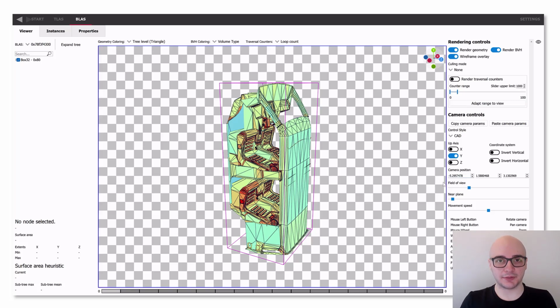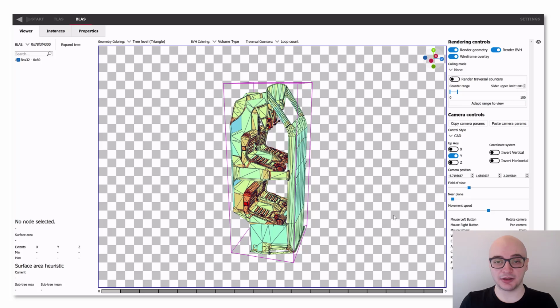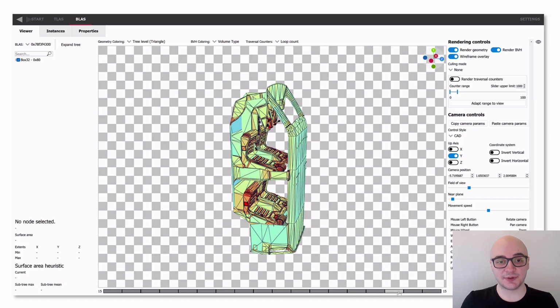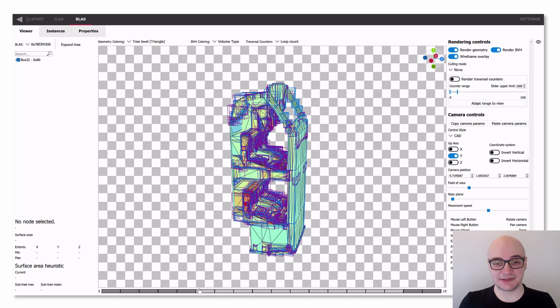Let's move on to the bounding volumes. Exploring the bounding volumes may reveal information about your scenes that may help you optimize for a better ray tracing performance. The bounding volumes are hierarchical, and this hierarchy means that bounding volumes may contain smaller volumes. These smaller volumes will be at a deeper level of the acceleration structure. You can click and drag across a range in the depth slider to display the bounding volumes at those depths. For the TLAS viewer, the volumes go all the way down to instance level, and for the BLAS viewer, the volumes will go as deep as the deepest triangle node.